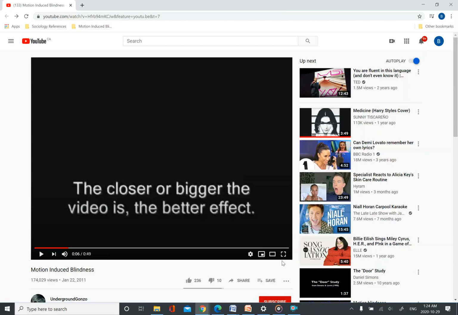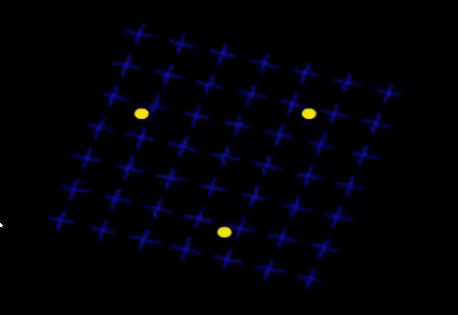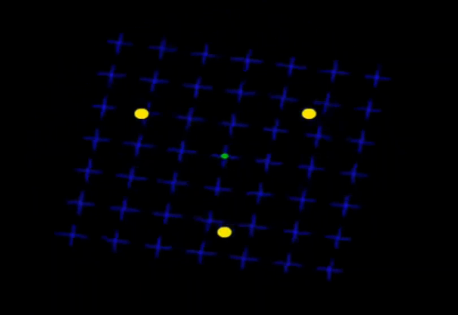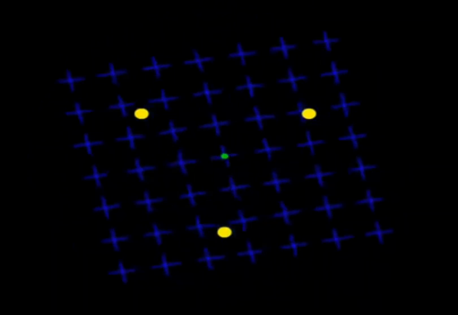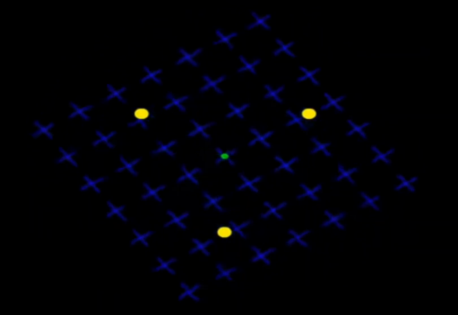So today we will be talking about motion-induced blindness. The illusion consists of a center dot that blinks green, and around it there are 3 yellow dots, or the targets, that remain constant. There are multiple little X's or crosses that rotate in a circular motion around the green dot in the center. What should happen is, while staring at the green dot, the yellow dot should begin to